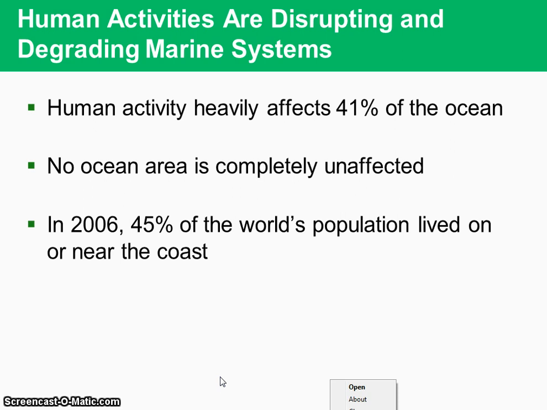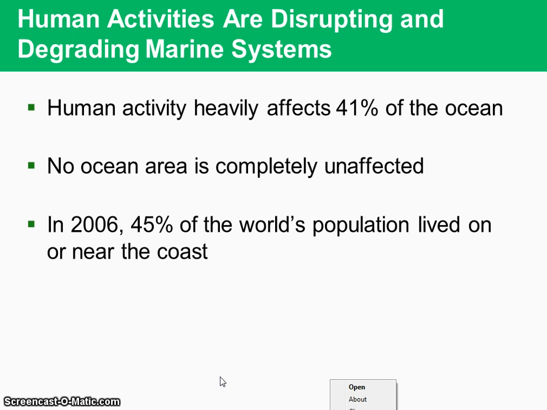Basically what we're doing here is we're moving to the coast. I mean, it's nice to live there. Water moderates the climate, so it makes it easier for us to sustain temperature changes. But unfortunately, the things that make the coast so enjoyable, we're destroying. By 2040, say up to 80% of the world's people are projected to be living on or near the